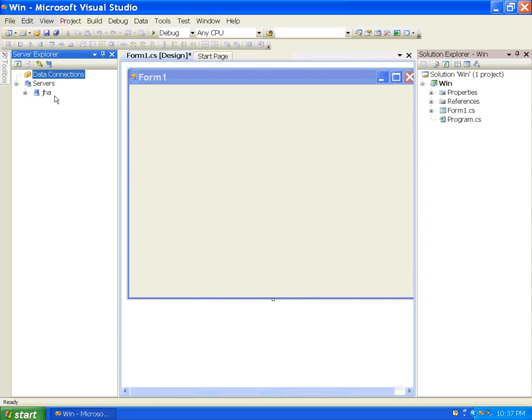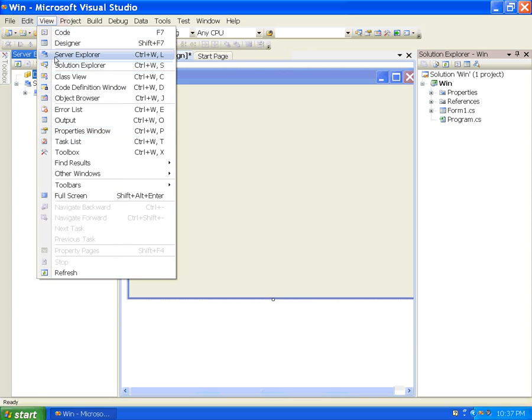This is Server Explorer. Server Explorer shows the list of available servers in the network. The Server Explorer window can be viewed by going to View and selecting Server Explorer, or pressing Ctrl W or L.